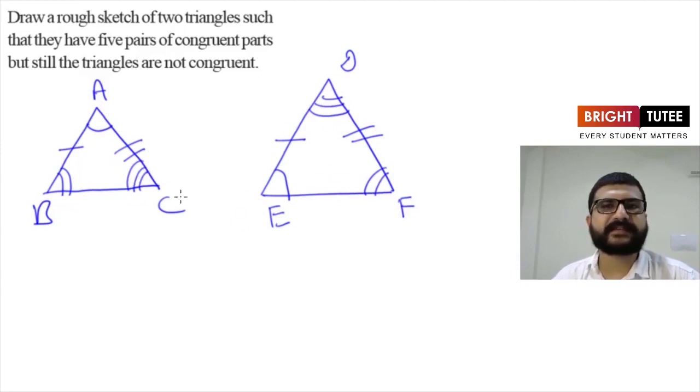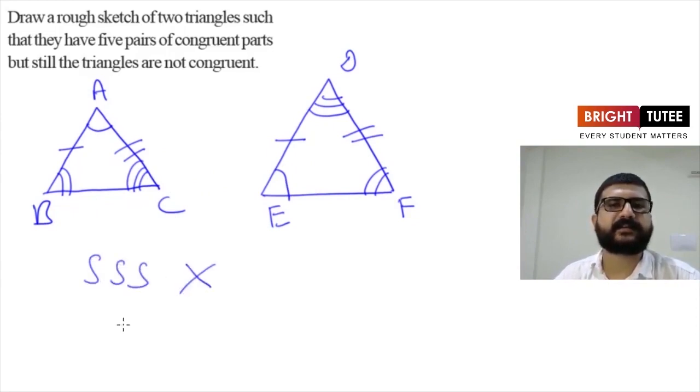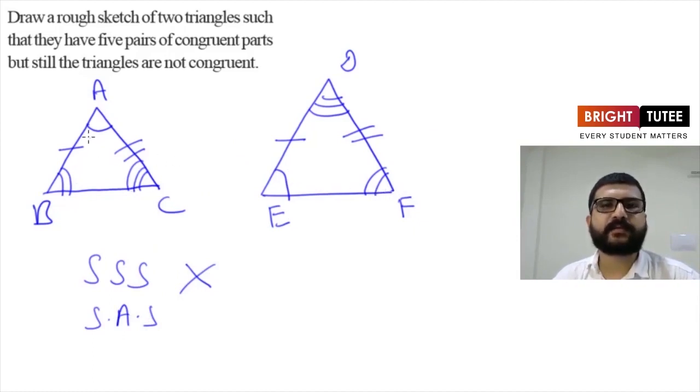Now see here, can we use ASA criteria now? No, still we can't use ASA criteria, because here angle C is equal to angle D and we have angle A equal to angle E, but AC is not equal to DE. So ASA is not followed here. Now as we can see, in these two triangles we can't use SSS criteria. Can we use SAS criteria? Do we have two sides of triangle ABC equal to two sides of triangle DEF? Yes, we have that. What about the angles included between these sides? Are they equal? No, they are not equal. So we can't use SAS as well.